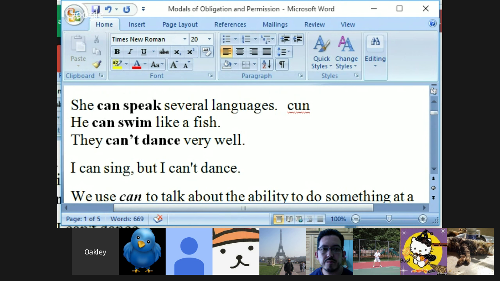Daniel, what can you do? What can't you do? I can fly, but I can't walk. I can fly. Notice the can is also closely joined to the verb. I can sing, I can dance, I can fly. All right, great, thank you. Masa, give it a try.